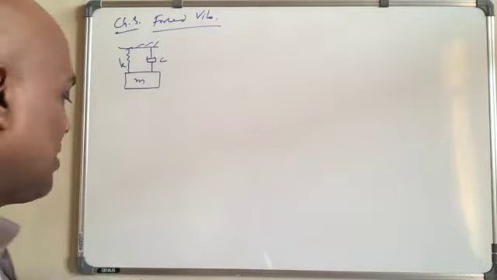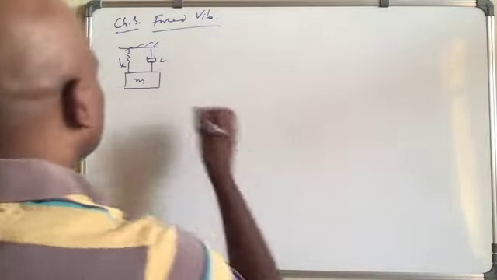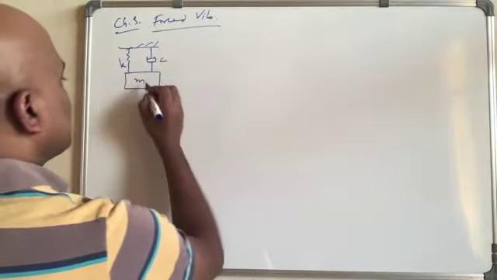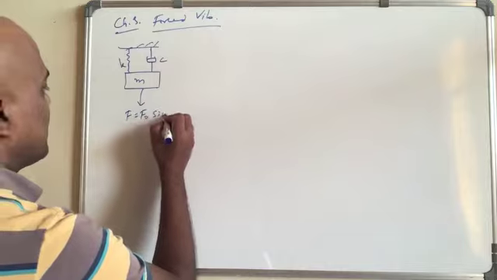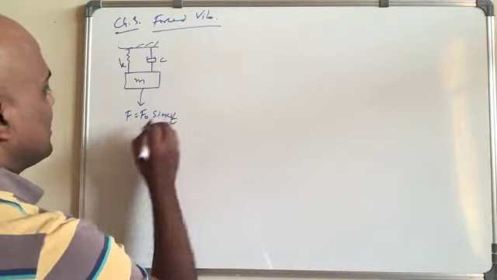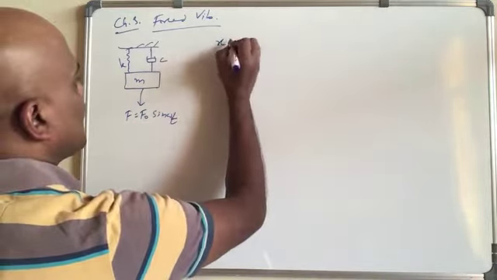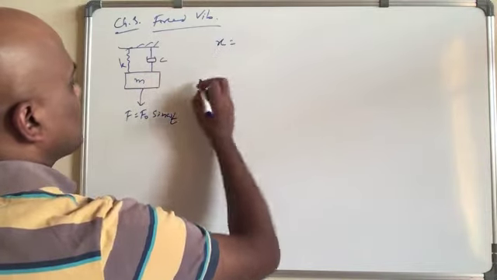And then what we asked: for this one, if you have F equal to F naught sine omega t, simply the displacement x(t) is given by,